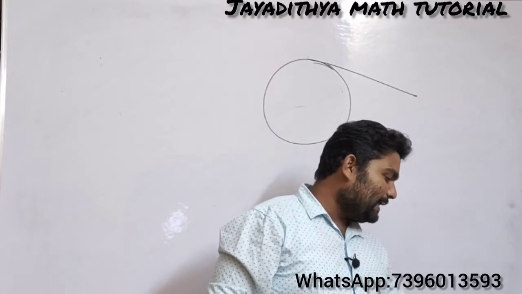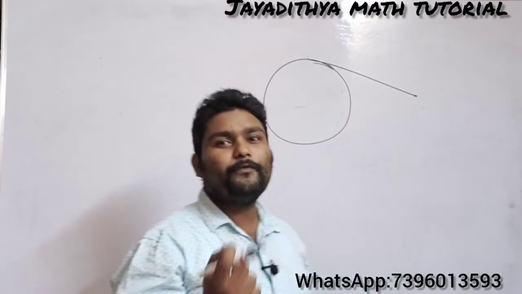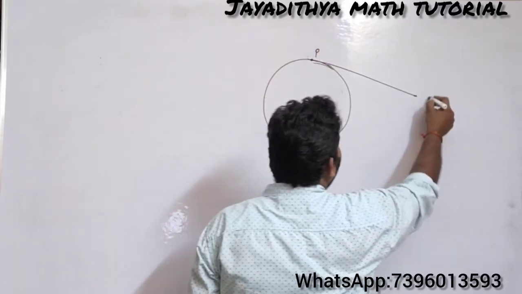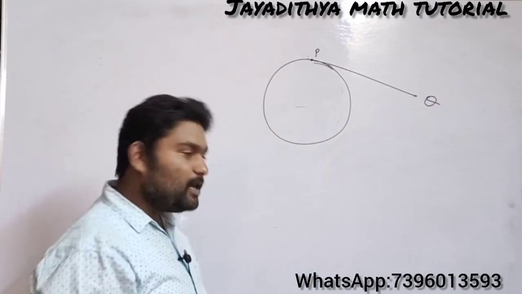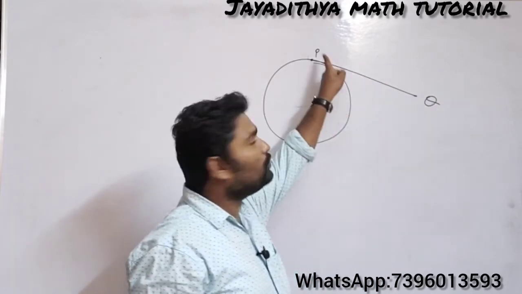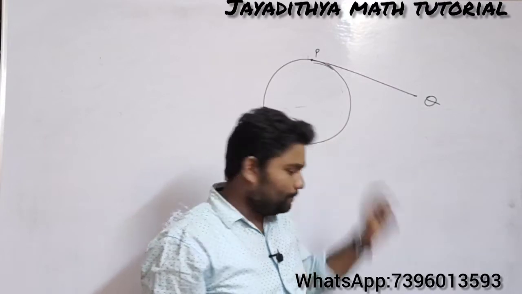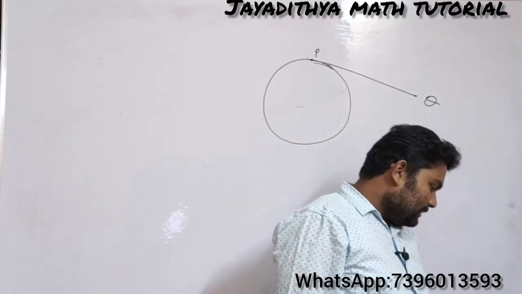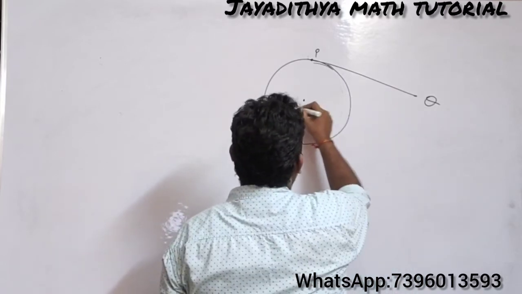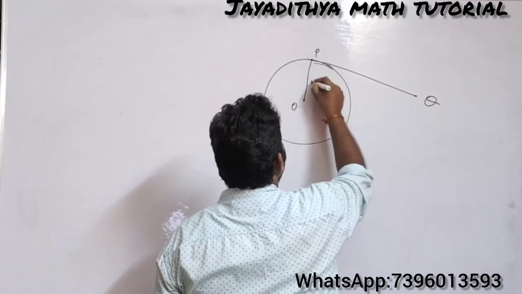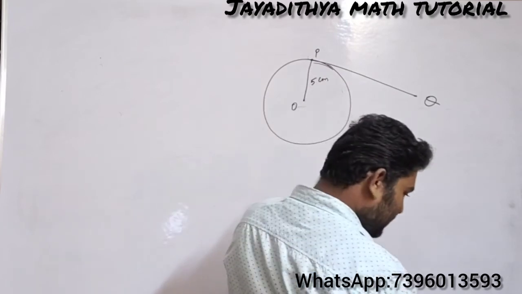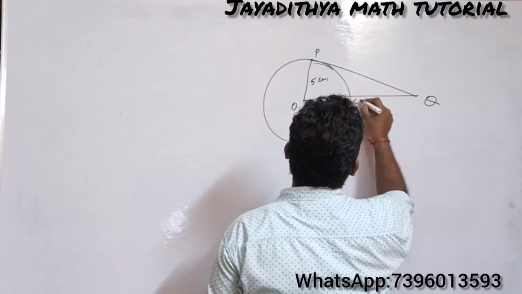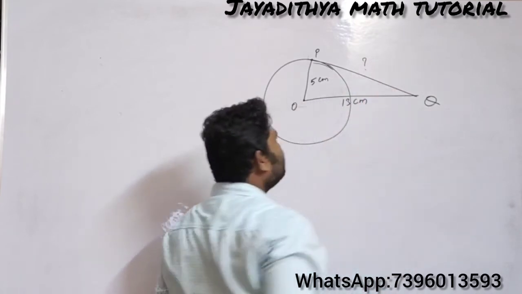The tangent PQ at a point P of a circle. So where should P be here? The P is on the circle, that is the point of contact, and Q is the external point here. If you put P here and Q here the other way, then your problem will be wrong. So you should be that cautious here. Okay, and he told that the center of the circle is O and the radius is 5 centimeters, and he has given the distance OQ is equal to 13 centimeters, and you should find PQ.